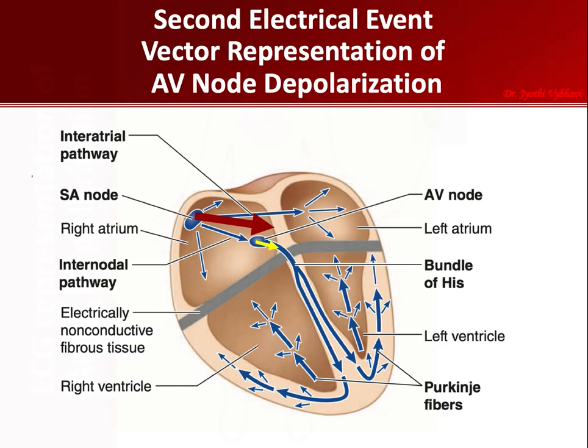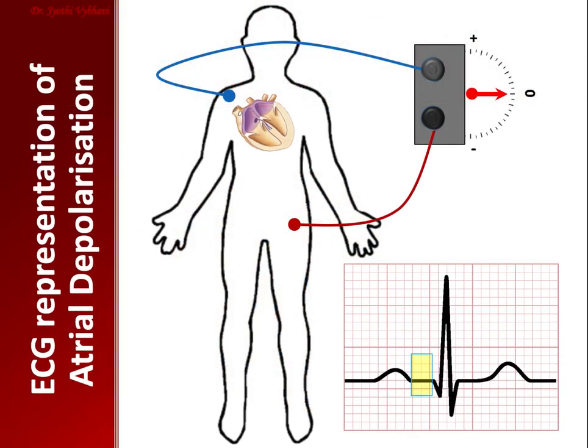So if I show this, even though we know depolarization is happening, there is no needle fluctuation, no electrical activity on the recording, just a single line for 0.1 seconds. This is the P wave and this is the isoelectric line. The ECG machine does not pick up this depolarization current, so we say that there is no significant current that will move the needle. Electrically, the heart is silent during AV nodal depolarization.